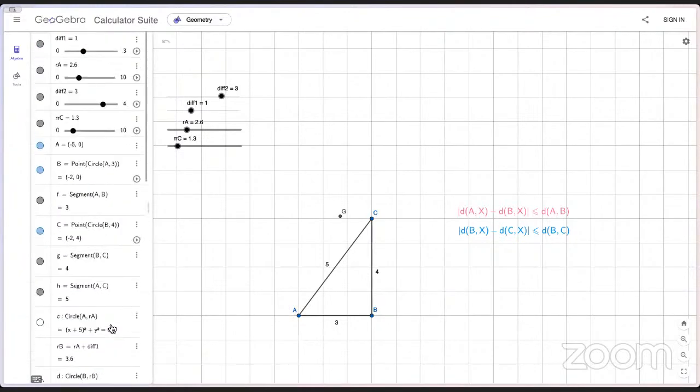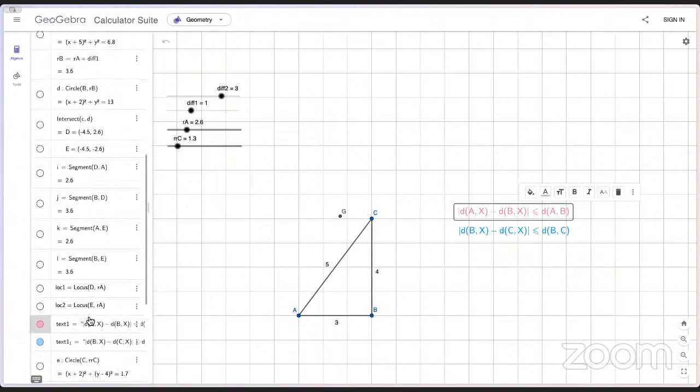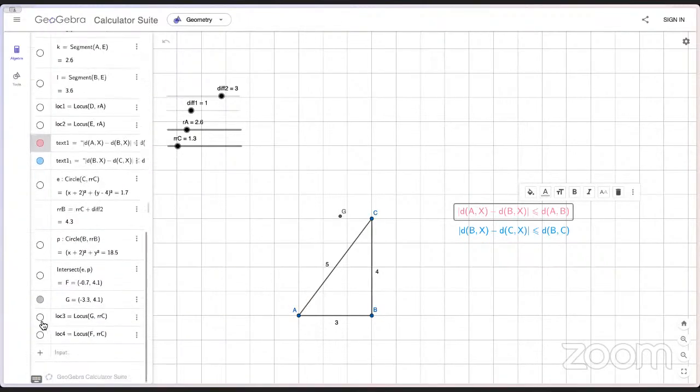Now, let's look at any 4th point in this collection. By the triangle inequality, we know that the difference of the distances of this point X from A and B is constrained to be at most the distance between A and B. That's the triangle inequality. The standard form is probably to pull the BX to the other side, but hopefully that aspect of it is clear. So if you have a 4th point, then it must lie on this